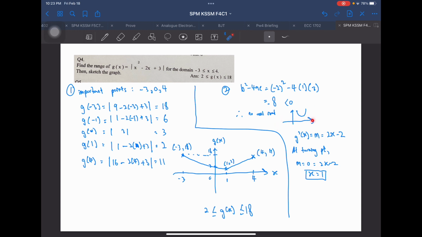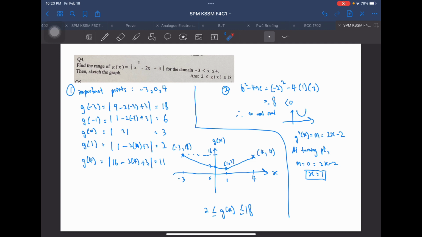Then you use differentiation to find the gradient of the function. The gradient is 2x minus 2, as if you differentiate x squared you get 2x, differentiate -2x you get -2, and the 3 you can eliminate. At the turning point the gradient is equal to 0, so you get x equals 1 as the turning point. So that's why I include